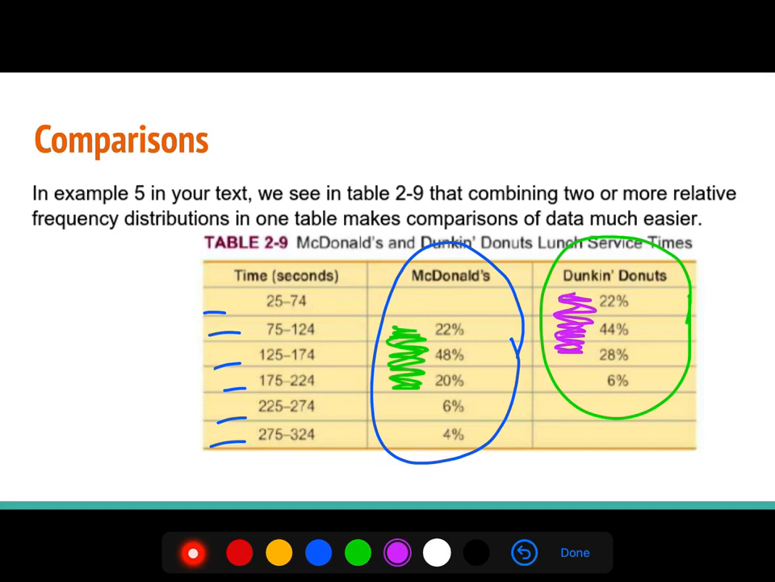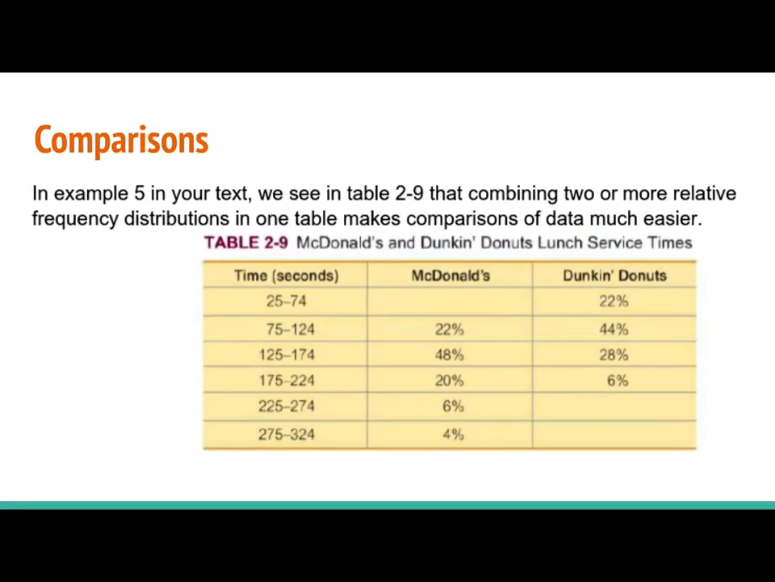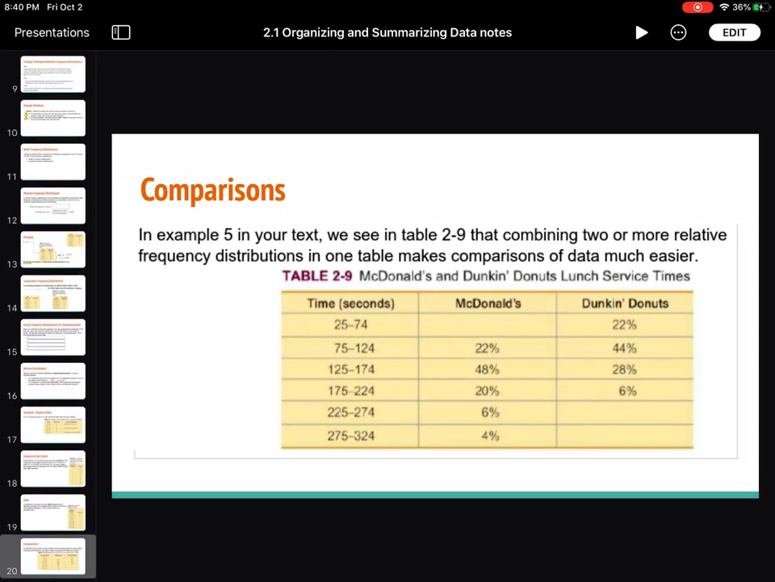But then donuts, that's probably just grabbing donuts that were made this morning off the shelf. Look where a lot of their frequencies are. That means they're faster at lunchtime, Dunkin' Donuts is, than McDonald's. But why? Probably because Dunkin' Donuts isn't cooking burgers. It's only